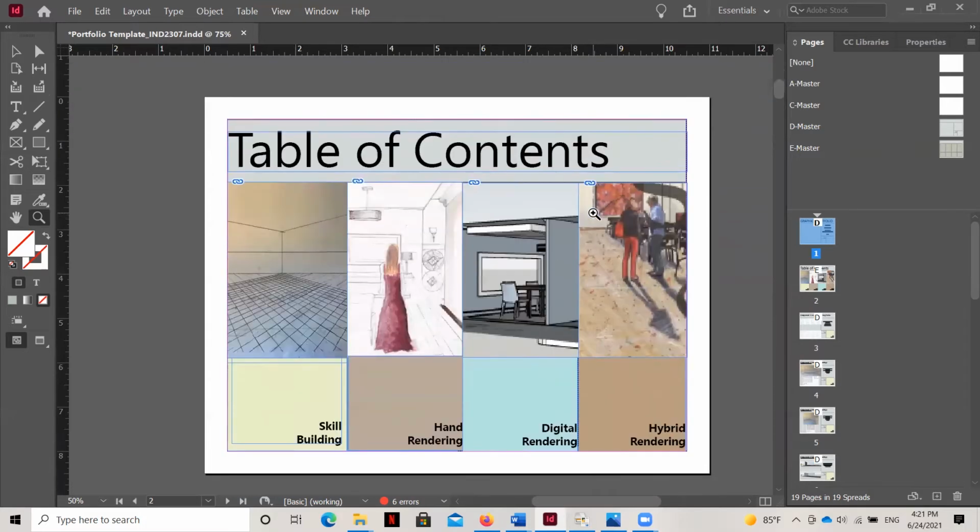You can see we've got the table of contents down here. Now there's a couple of things on this page that might be a little bit distracting for you. The first is the blue lines that, as you click on them, indicate the locations of text boxes. As I click and drag, I can move the grips around, but doing so, of course, changes the location of the text box. But that's what those are there for.